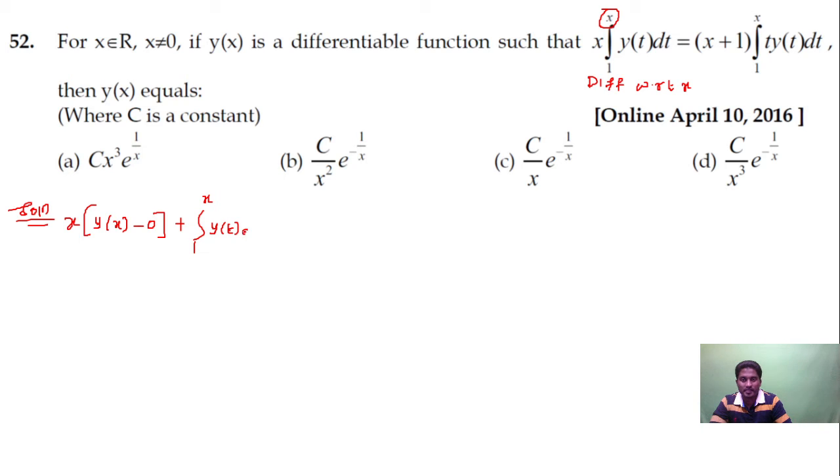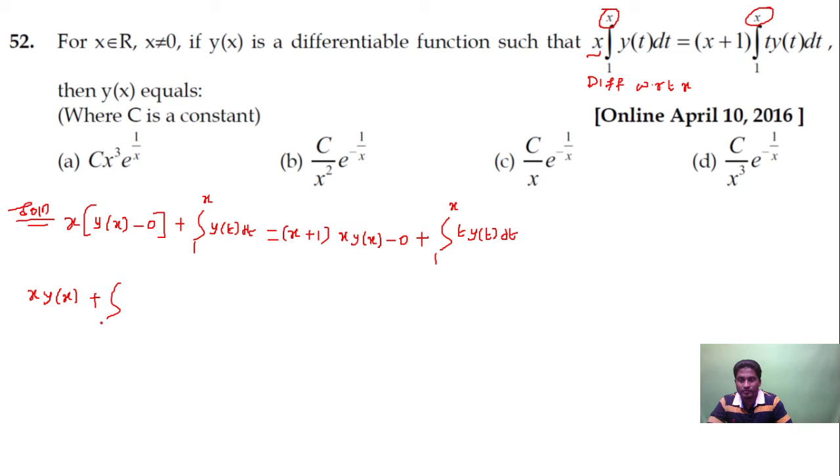First differentiation of second plus second differentiation of first. Differentiation of x is first is 1 only. Here also same, first function is x plus 1. Differentiation of second function will be equal to, differentiate the upper limit, it will be 1. In place of t you put upper limit, you get x into y of x, minus differentiation of lower limit is 0. First differentiation of second, derivative of second plus second t into y of t. Okay, and then differentiation of first function is 1. So this is x into y of x,